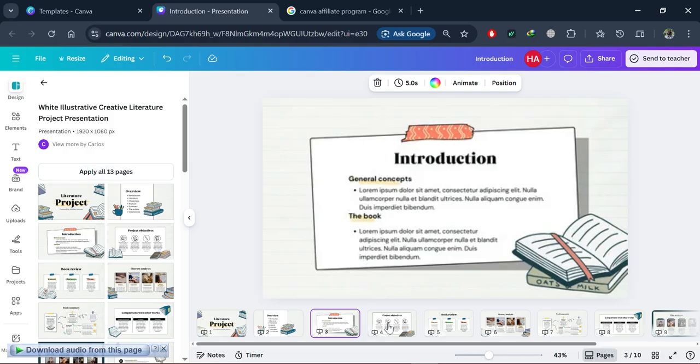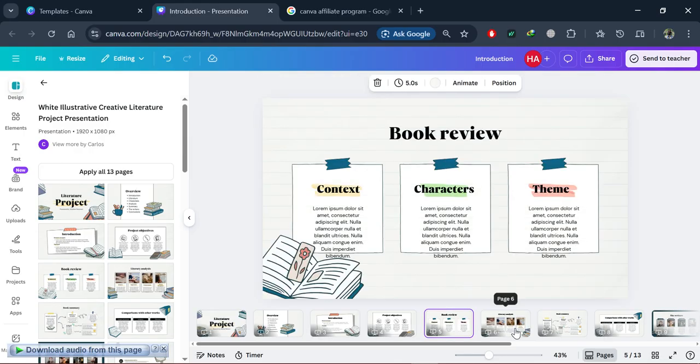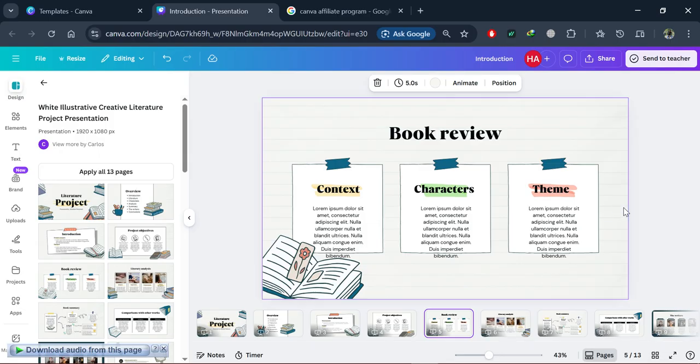As you can see, there are lots of free templates which you can use, and a lot of templates are also paid ones. You can also get their premium package plan if you want to use those paid templates. So that's all about how you can customize the templates for your educational slide.